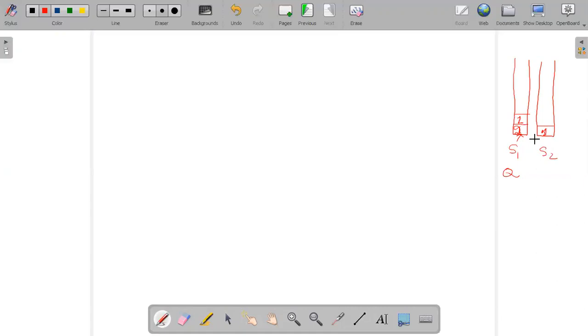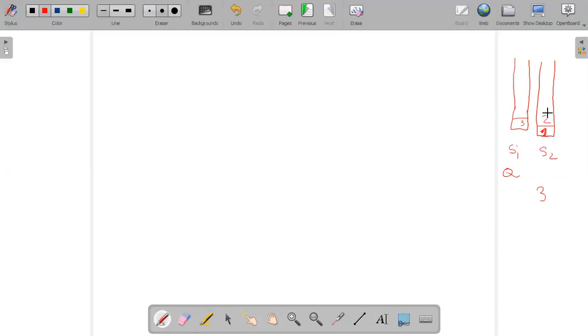Next, suppose a third element comes. What are we going to do? First, I move all the elements from here to here, so it will be 1, 2. Then I add 3 into the queue, and again I move all the elements from here to here.